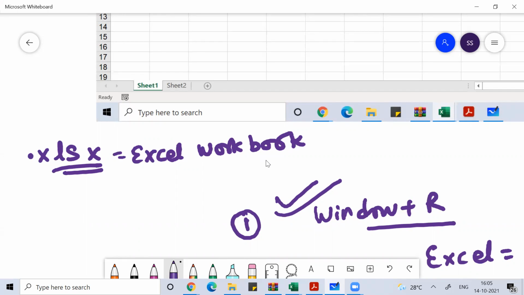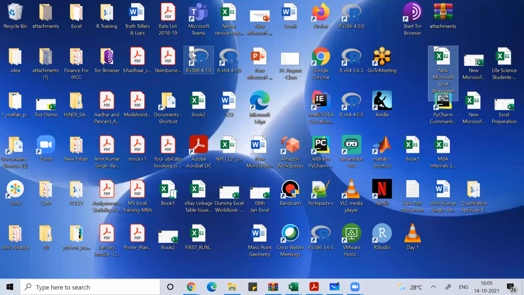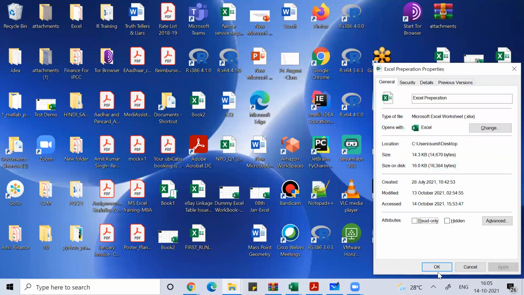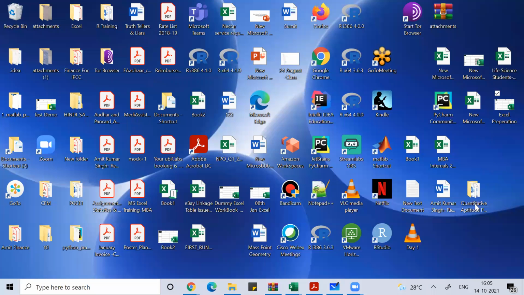So please remember this. If I right click and check the properties, you can see the type of the file: Microsoft Excel Worksheet .xlsx. So they are always saved with that type called .xlsx.